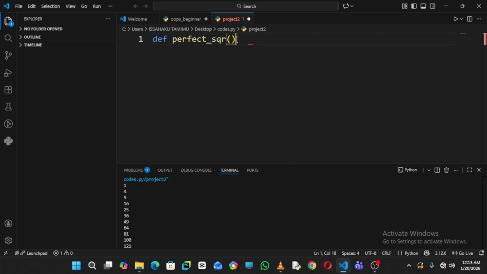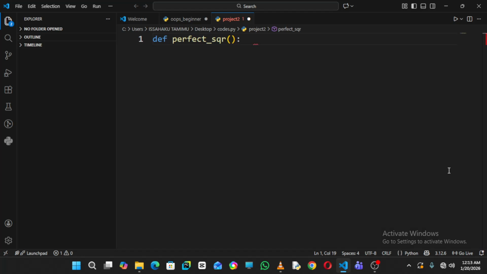Now that the semicolon is outside, we continue. In this particular function, we are going to have a loop which will do the iteration. In giving the iteration, we have to have a variable that does the increment, such that it will move from the first perfect square to the next one and the rest. We also have a variable for which the perfect square starts.